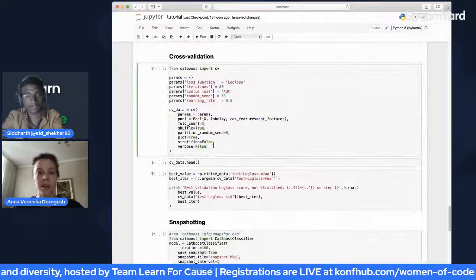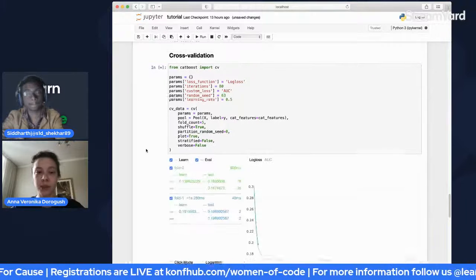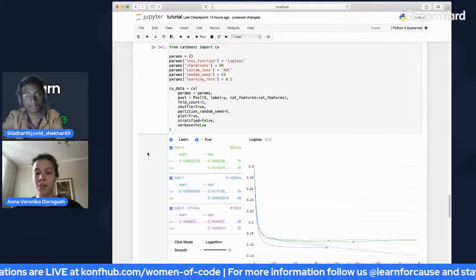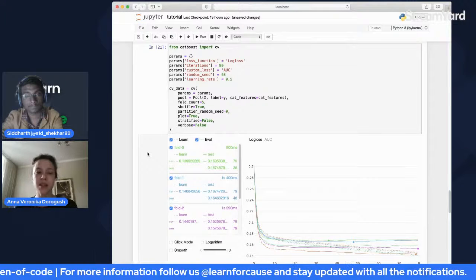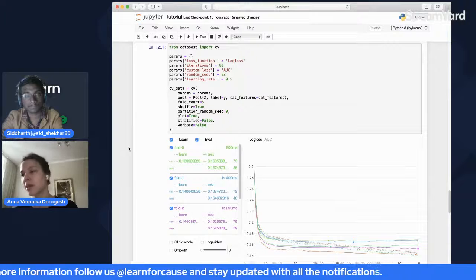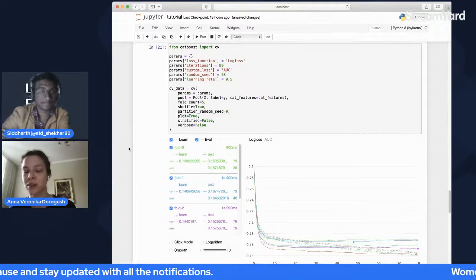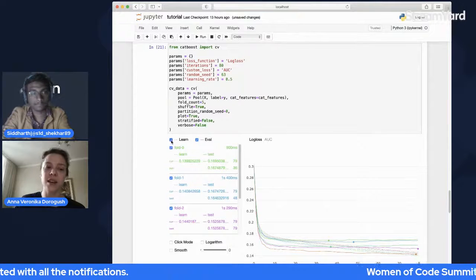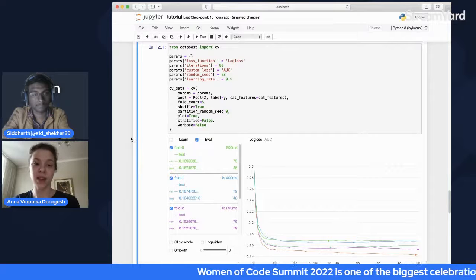The next thing: sometimes when you're training a model on one part of the data, the error has one value, and when you are training on another part of the data, then the error is very much different, and it can happen.